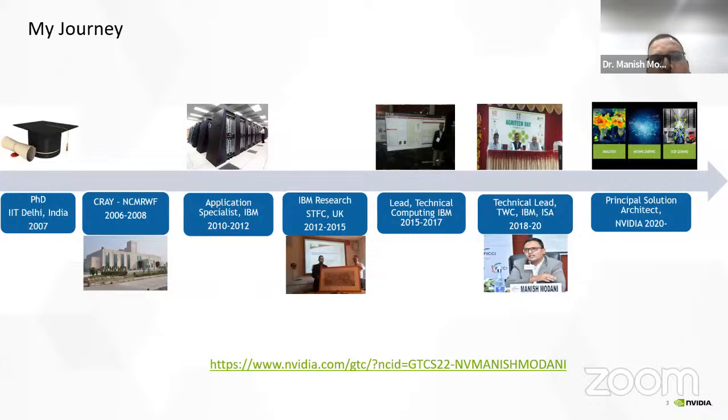So just a brief background about me. I am an applied mathematics postgraduate. Then I got a chance to do a PhD at IIT Delhi, and I worked mainly in IBM for 10 years. There I was in various departments. I was 3 years in the UK, and then I was leading various groups in IBM. Recently, for the last 2 years, I am in NVIDIA, where my key role is to accelerate the applications, HPC, AI, or AI for HPC. So to accelerate them, to share the best practices, how to run the applications, and how to get the best performance on the given system, right?